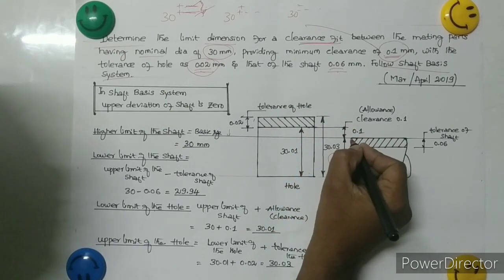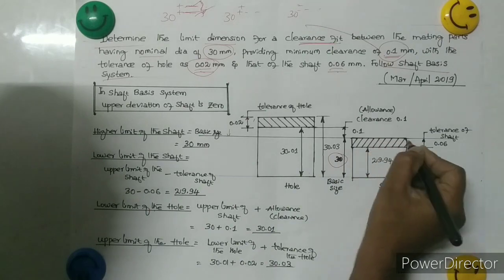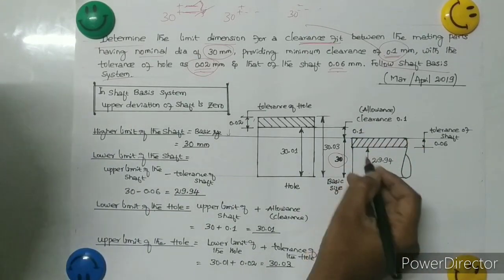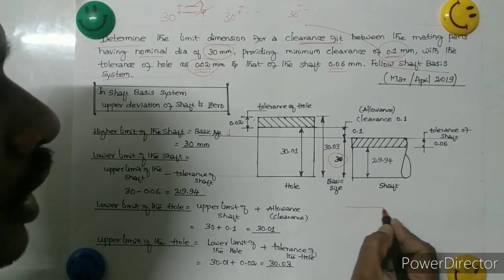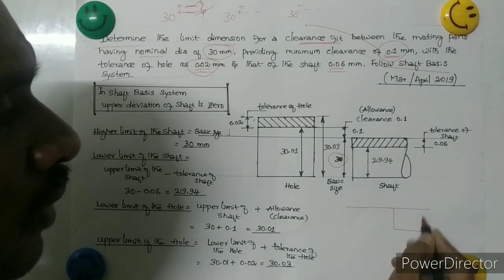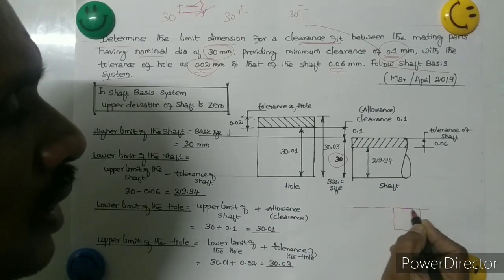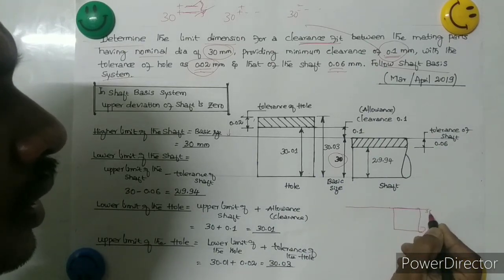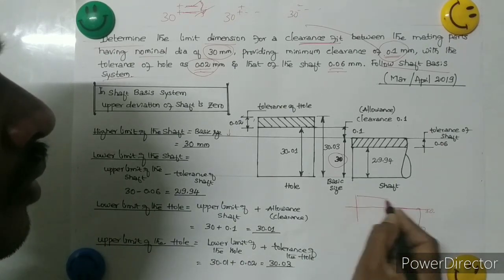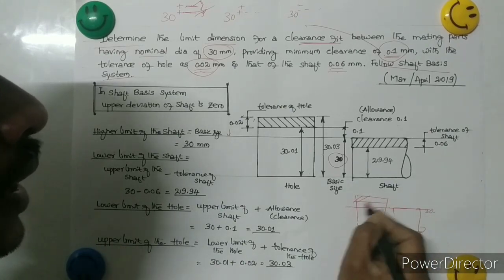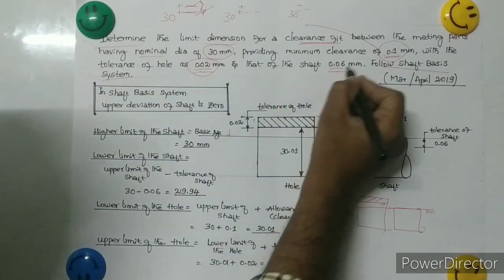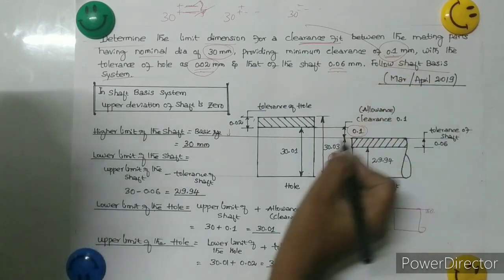That is the clearance. See, the upper deviation of the shaft is fixed here, and this is your 30 size. When you draw the figure like this, this is the basic size, and you draw the shaft like this. The upper deviation is already 0, this is 30. Then the hole size is varied. So what is the hole clearance? That clearance is given here, the clearance I told.